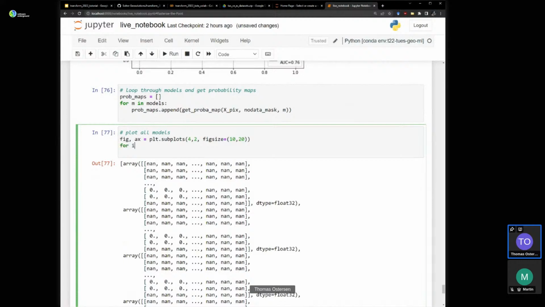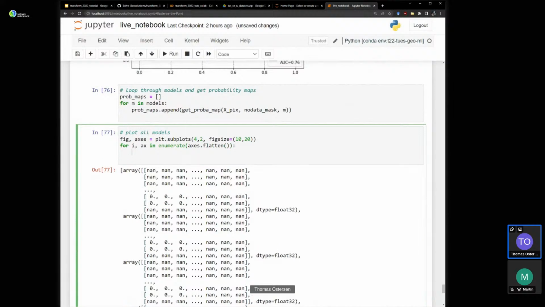For i, let's make that axes. i, ax in enumerate axes flatten. Because there's 8, that should be fine. Image equals ax and show prob maps i, extent equals region.